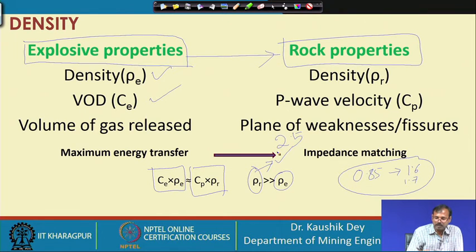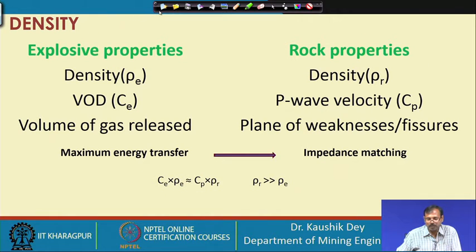In the case of chromite etcetera, which are very strong, very heavy rocks, the density may go up to 7 ton per meter cube. These are very high density materials, and in those cases we have found that impedance matching becomes difficult. Let us see the next slide, then we will understand